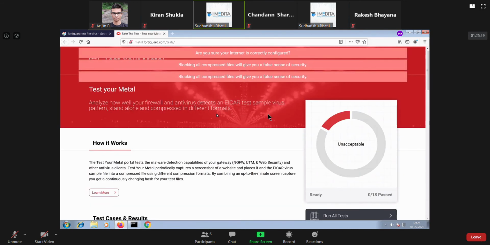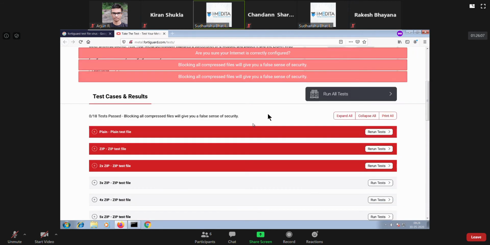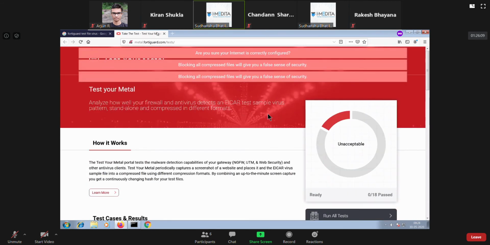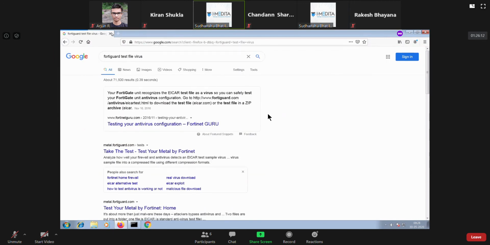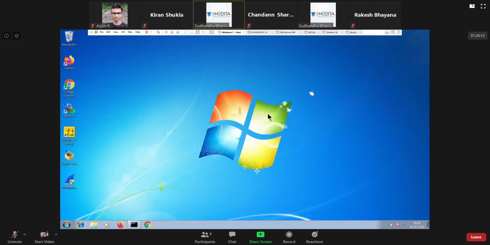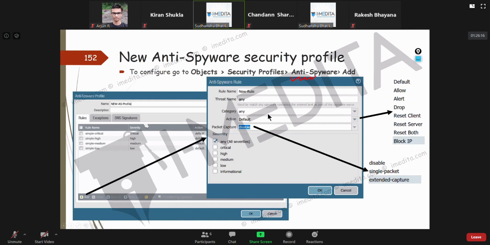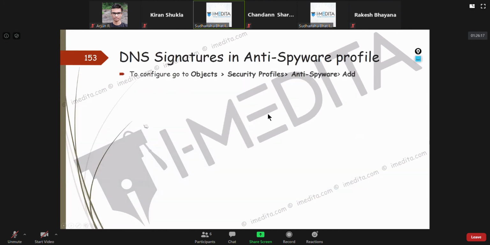Now, this is from Fortinet, so I'm not really sure how well it works in Palo Alto, but it's not allowing us to download the file. So let's not go into that. It's best to test it from the EICAR website.